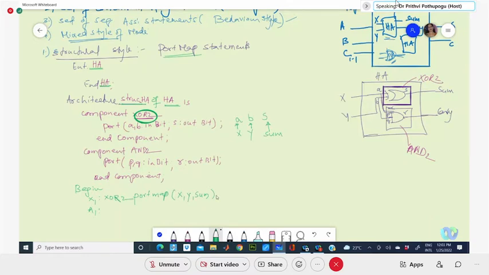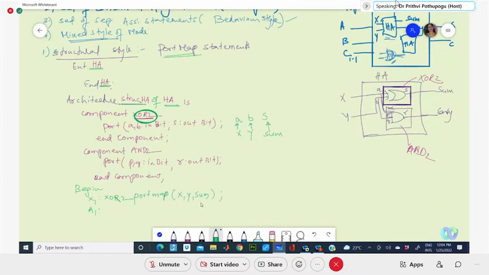Okay, and the other way is that I can use something like this. This is positional association or positional mapping. Say you want some order of shuffling, and you don't want to have the same order.